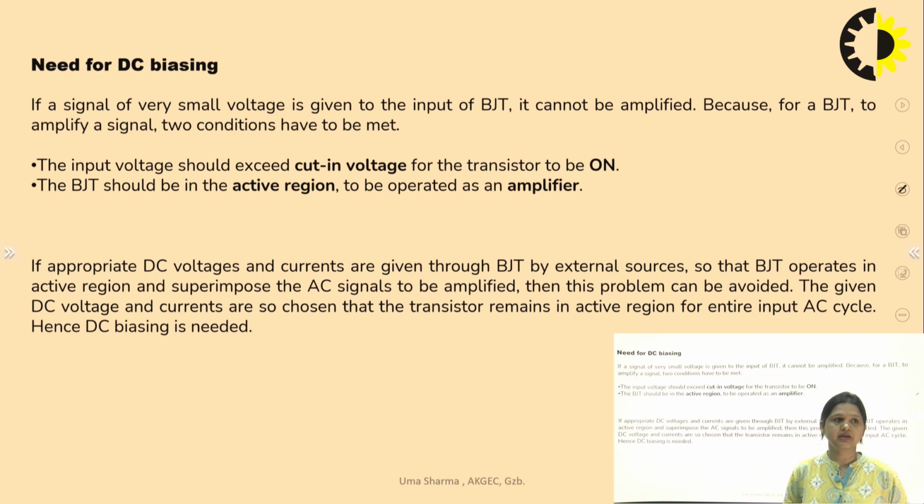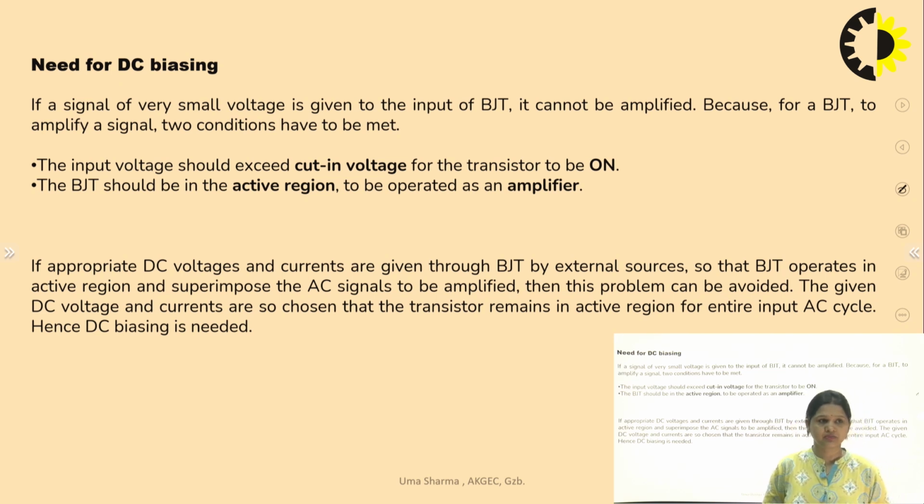Now this is a very important topic. What is the need of biasing? If a signal of very small voltage is given to the input of a BJT, it cannot be amplified because the emitter base junction and collector base junction are not biased properly. That means if the input is very small, the emitter base junction is not in the forward region, whereas the collector base junction should be in the